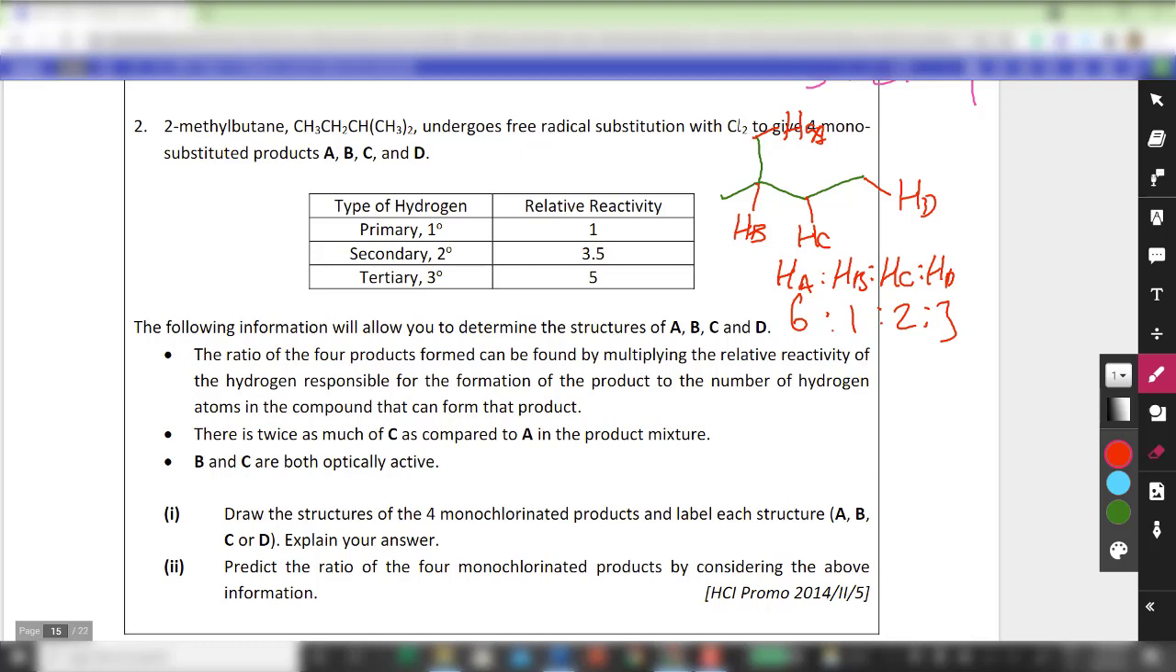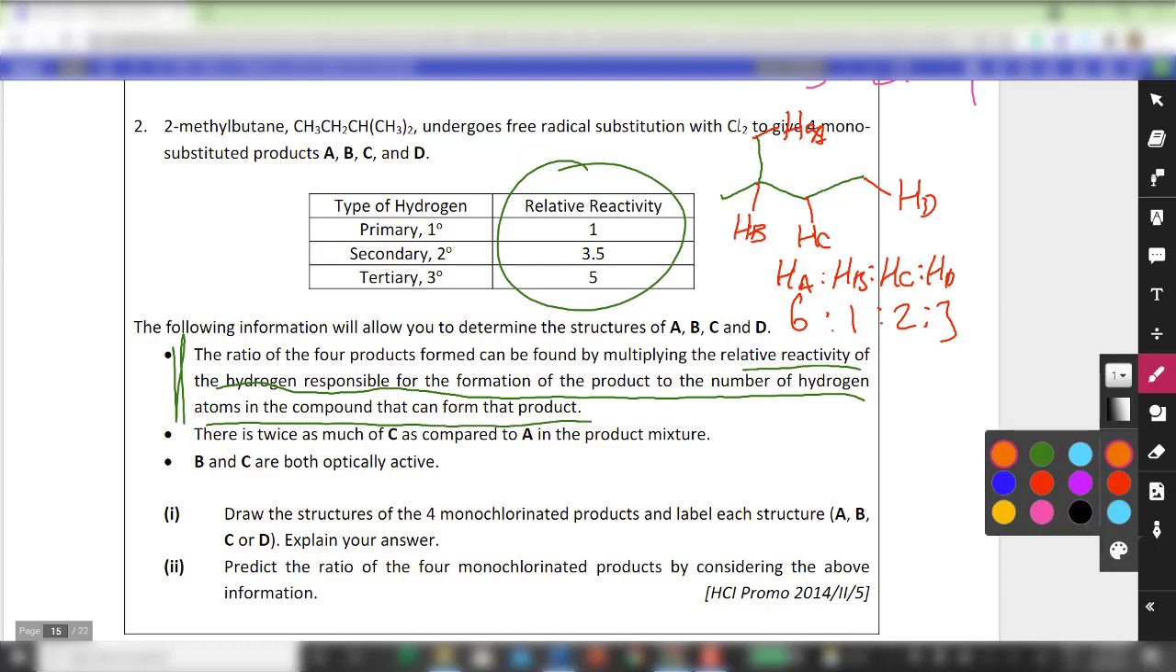But then you also notice that there's something else which can complicate matters, which is of course very crucial. That is actually relative reactivity. So if we include relative reactivity, you were told that the ratio of the 4 products can be found by multiplying the relative reactivity of the hydrogen responsible for formation by the total number of hydrogen atoms. So if we include relative reactivity, then the ratio will now be still 6 for HA,